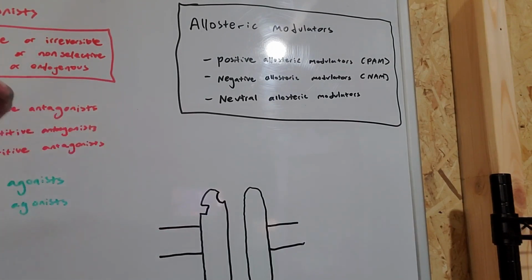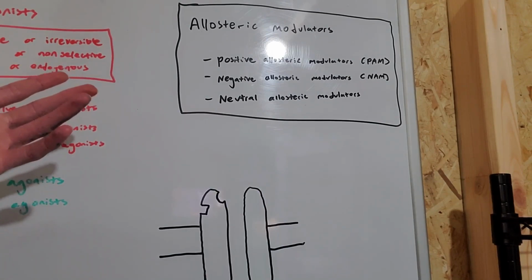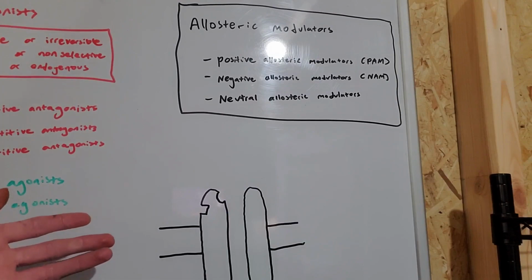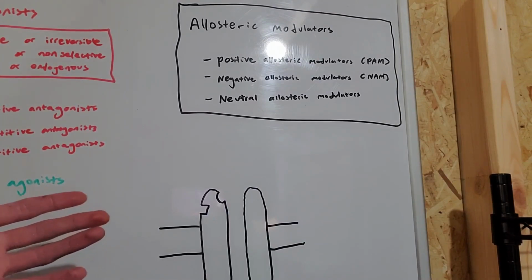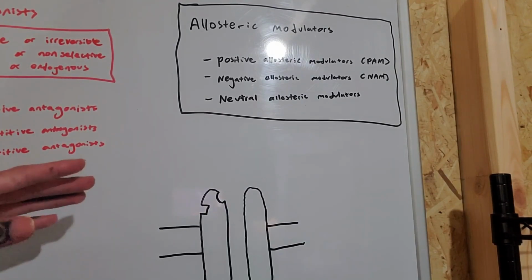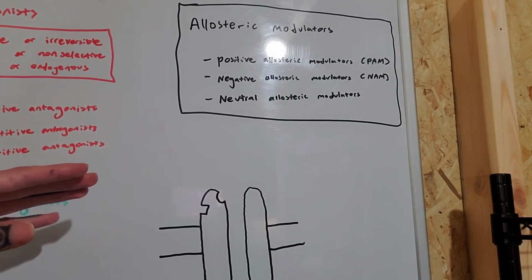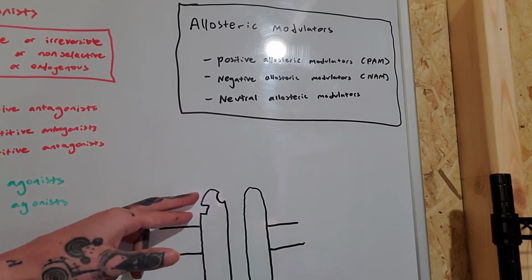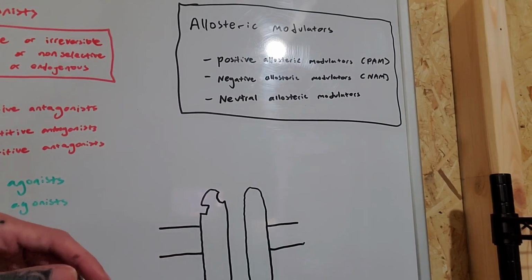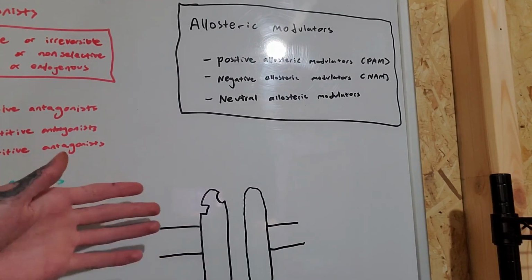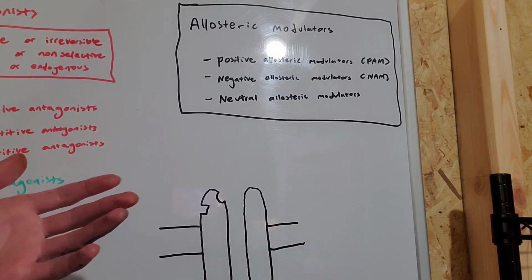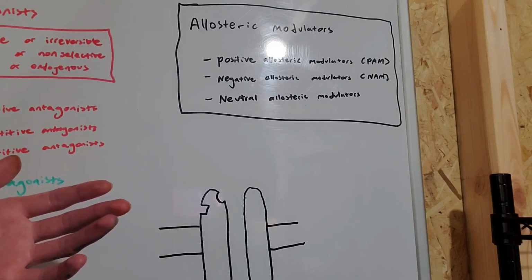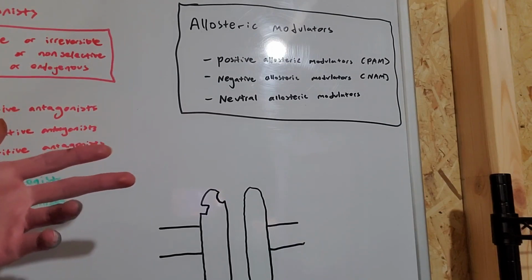It doesn't modulate the orthosteric site, or it doesn't modulate the receptor. What this means is it's almost like an allosteric antagonist, in the sense that it's blocking other allosteric modulators from binding to that allosteric site. So it binds there and blocks the activity of other potential positive or negative allosteric modulators from binding there and